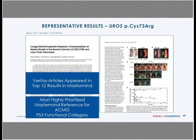And just to again, put a specific face on some of these search results, when ACMG functional categories are invoked, one of the papers that is returned is this paper that I'm highlighting here, which is an exemplary paper that has a full clinical mouse model evincing the clinical features of porphyria for mice that are engineered to have this human URAS mutation. This was not part of Veritas's original search results for some of those reasons that we talked